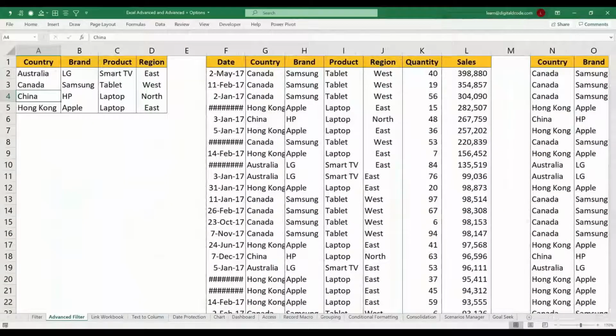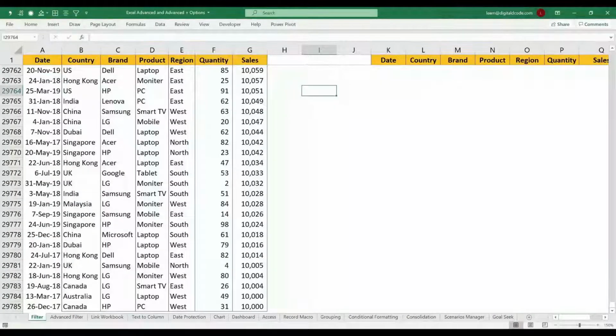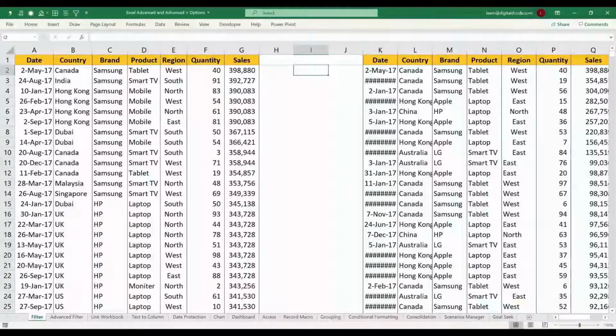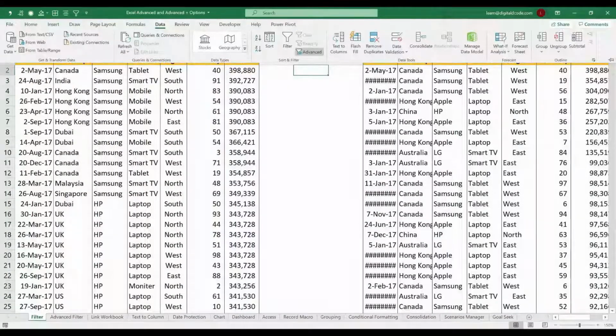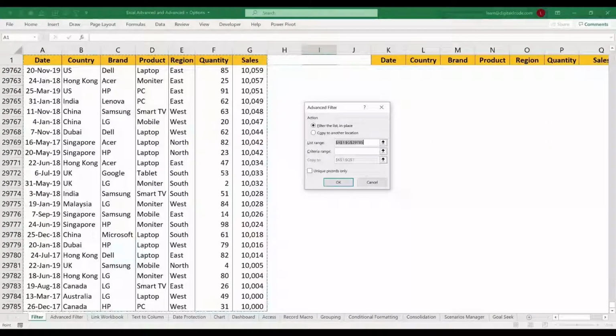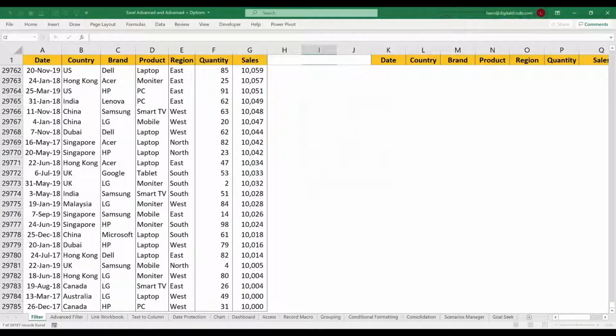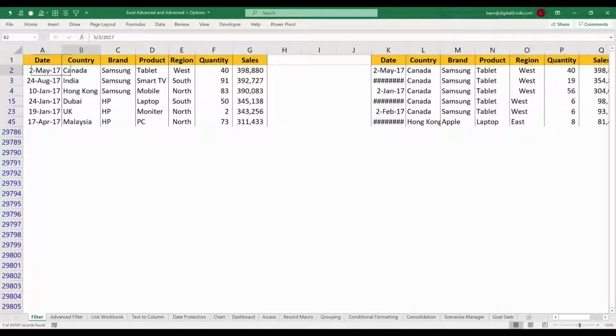Also, in advanced filter we have a unique data filter. Let's look at that as well. Data, advanced. Here you have an option called unique records only at the bottom. Let me choose filter in place. When you use unique records only, you have to choose only one column. Let me choose product. There is no criteria range, just click unique records only. If you go up, you will have only unique records in that particular column. In product, these are the unique records.